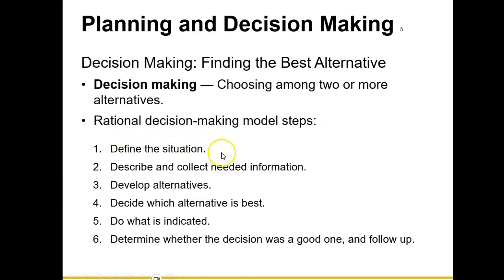First, define the situation, what is taking place. Describe and collect the needed information. What are the alternatives? Which alternatives seem to be best? And then do what is indicated based upon steps 1 through 4